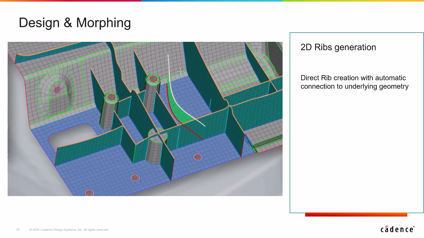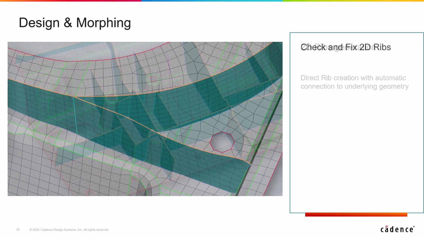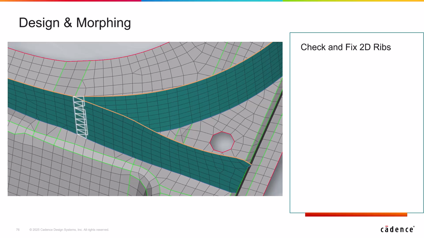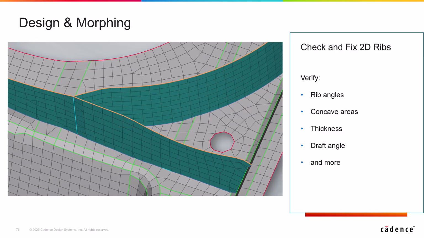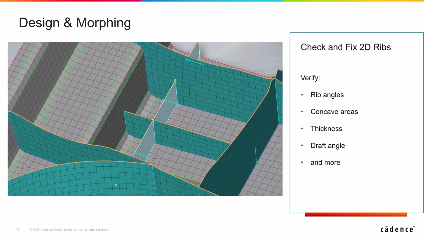2D ribs can now be quickly generated by selecting points or curves, establishing automatic connection to adjacent elements. Additionally, ribs can be copied, bent, and split along their draw direction, once again ensuring automatic reconnection to the model after modification. Multiple checks can be performed on 2D ribs to identify definition and manufacturability errors. Additionally, dimension checks for pockets between 2D ribs and the base surface are available. Any issues detected can then be corrected.